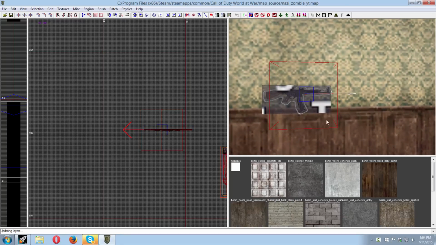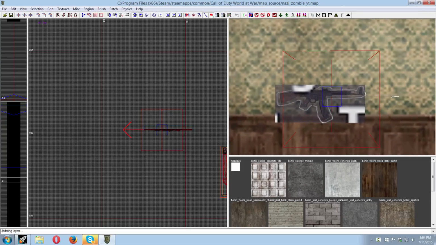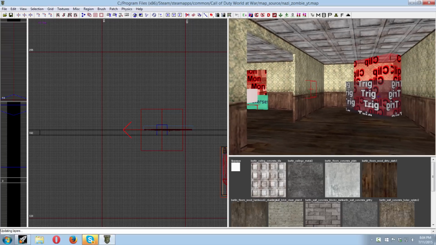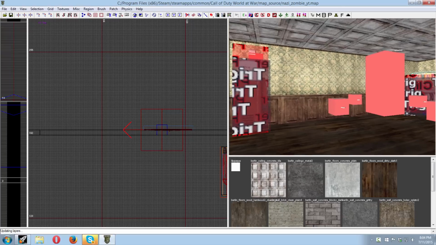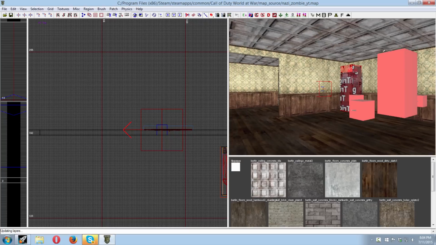As you can see, I added this beautiful gun to the wall here just to make the wall look pretty. That gun alone makes it look pretty. The STG-44 is a really nice gun, so I'm going to put that on that wall just to make the map look a little bit more interesting. But anyways, today we're going to be illuminating our map, so we're going to put lights and stuff like that